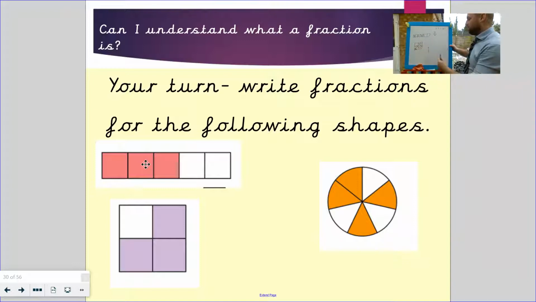Let's have a look at our square. How many parts has it been divided up into? 4. So that's our denominator. And then how many are shaded in? 3. That's our numerator. Well done. And for our circle, our last one,